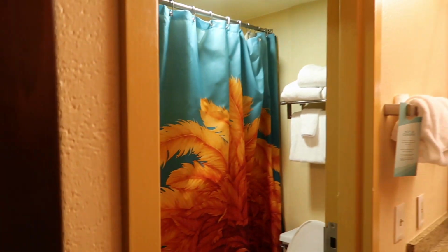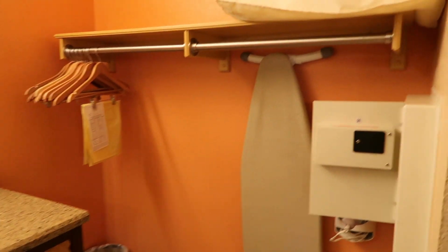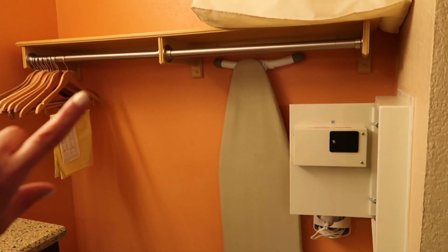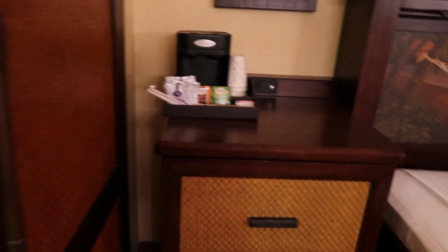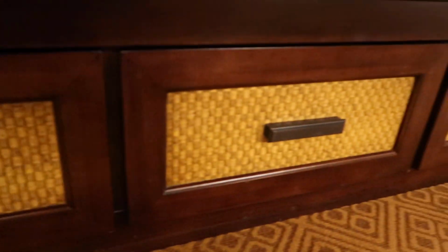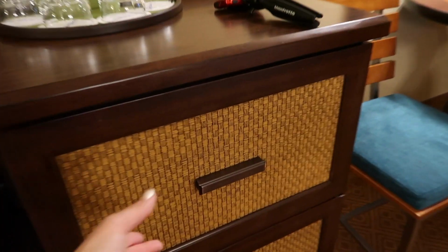And I don't really see much space for like a dresser. There's a large area here for hanging clothing up with an ironing board. But as far as a place to put your clothing, let's just see what's underneath this bed. So we have some drawers under the bed. There's 3. And then over here, you have extra blankets, but you do have these 2 drawers to store things,